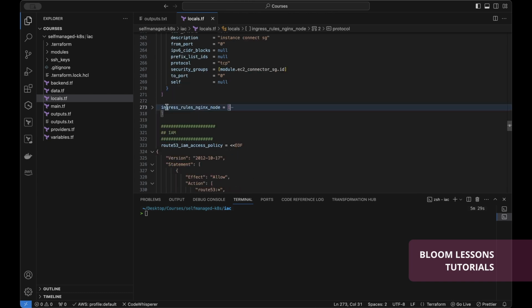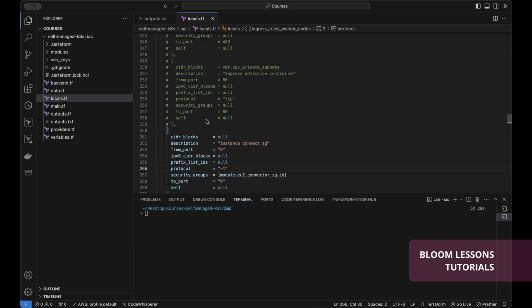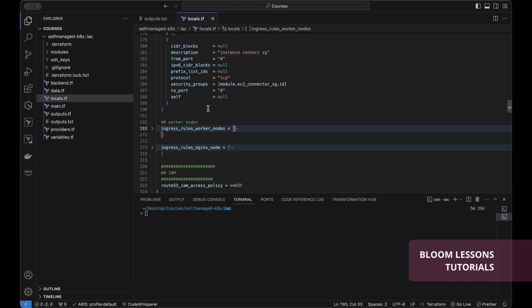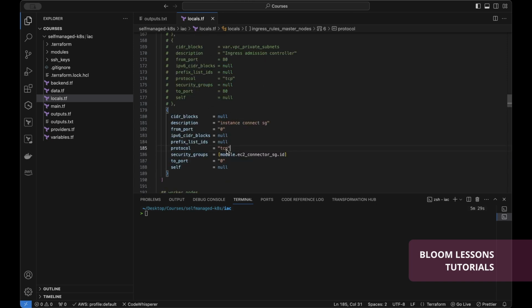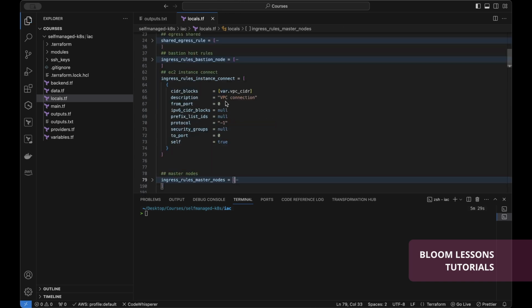We go back to the other Ingress rules. Here for the Instance Connect security group, it has to be -1 like this. This is for the worker nodes. And then for the master nodes, the same. Just look for the Instance Connect security group Ingress rule, correct that one to -1, and then go back at